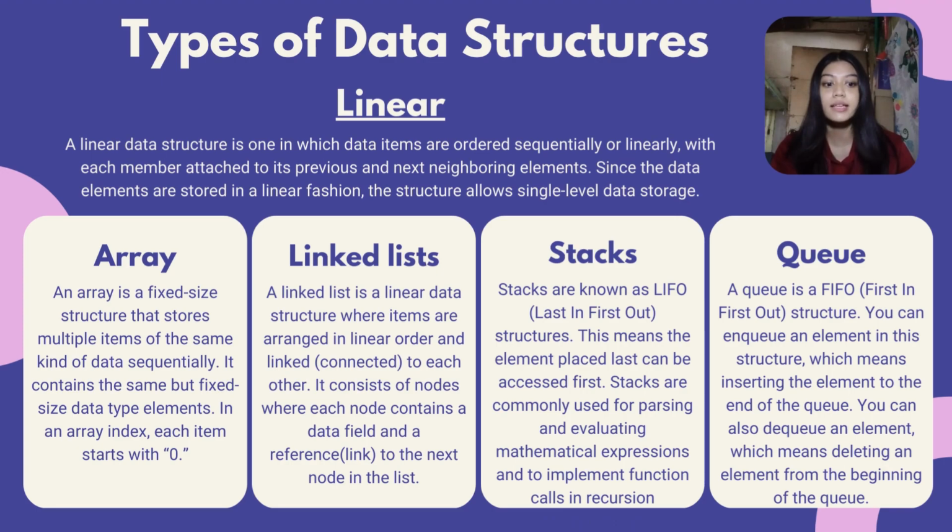An array is a fixed-size structure that stores multiple items of the same kind of data sequentially. In an array, the index of each item starts with 0. In a linked list, the items are arranged in linear order and connected to each other. It consists of nodes where each node contains a data field and a reference or link to the next node